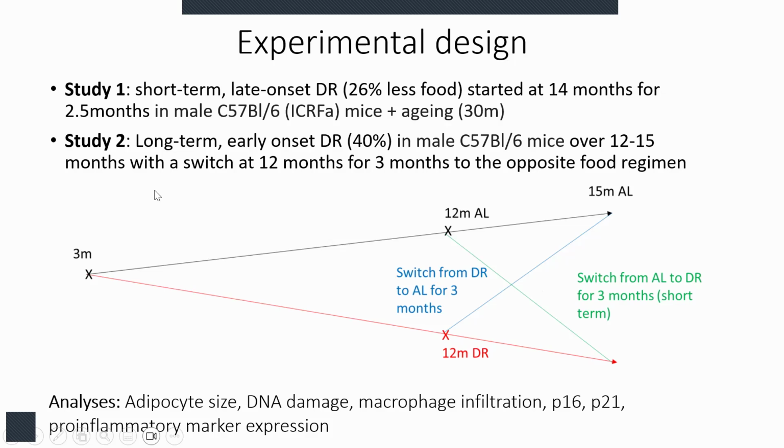The second study I will talk about is long-term DR. Here indeed we started at 3 months. And I forgot to mention that in the first study, the late onset was only 26% food restricted, while the second study, which started at 3 months, was 40%. And it continued over more than a year. So you see here 12 months, 15 months, the same for DR. And at 12 months, there was the switch I mentioned before from DR to AL and from AL to DR. This switch is essentially very similar to the first study where we switched at 14 months. The analysis we performed was mainly adipocyte size, DNA damage, macrophage infiltration, expression of the cell cycle inhibitor kinases P16 and P21, as well as pro-inflammatory marker